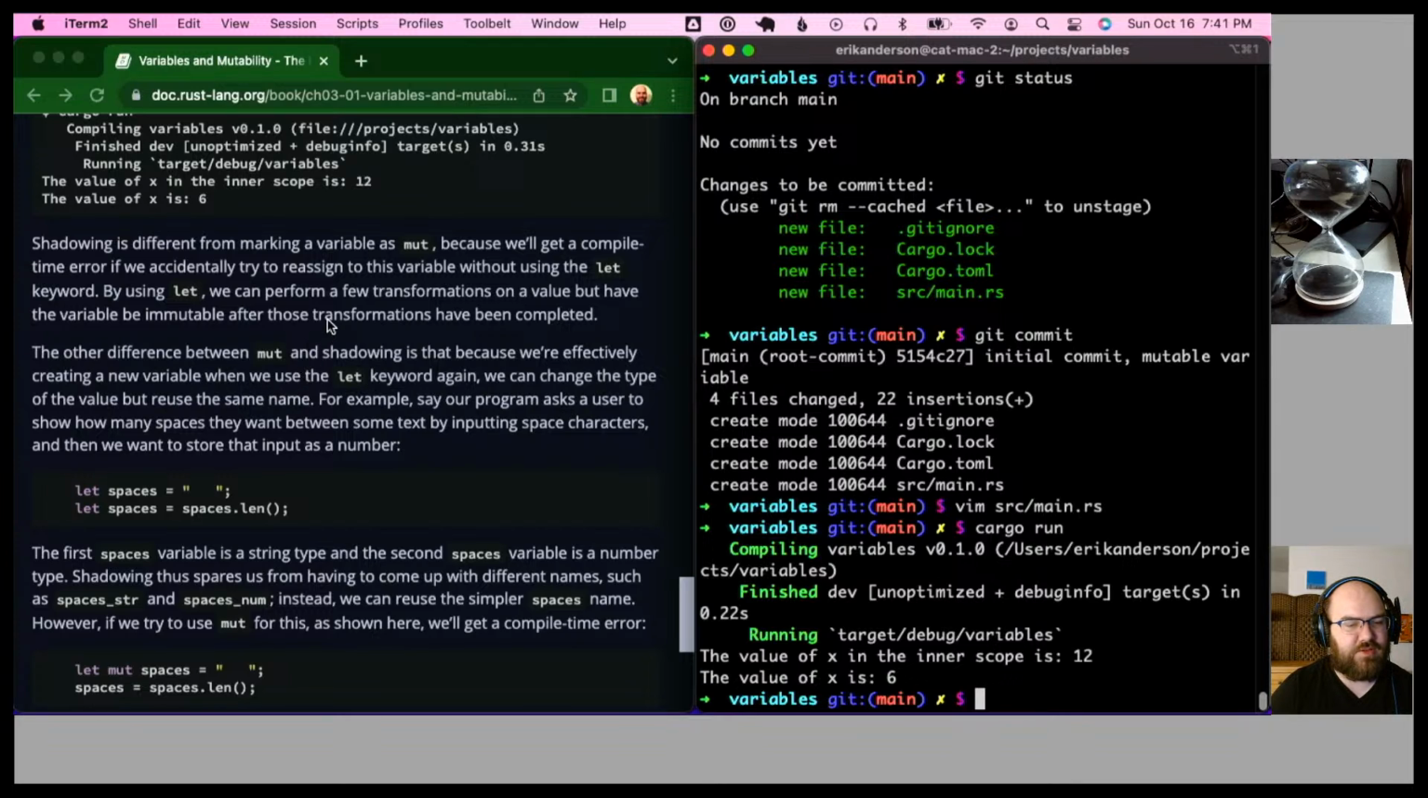The other difference between mut and shadowing is that because we're effectively creating a new variable, when we use the let keyword again, we can change the type of the value but reuse the same name. For example, say our program asks the user to show how many spaces they want between some text by inputting some space characters, and then we want to store that input as a number. So let spaces equal "   "; let spaces equal spaces.len();